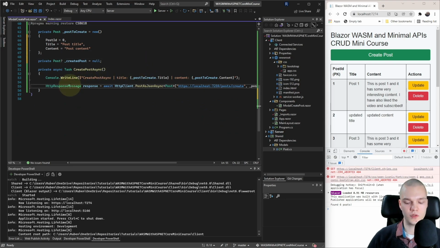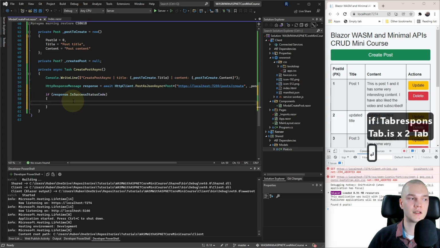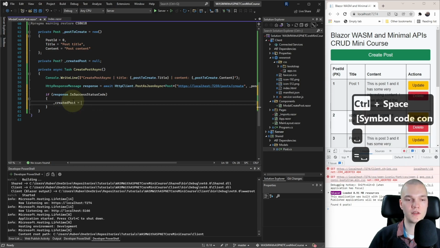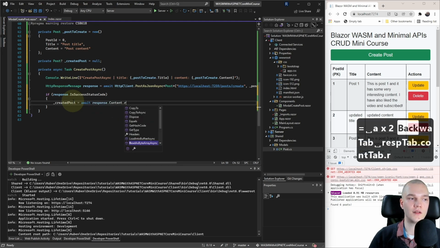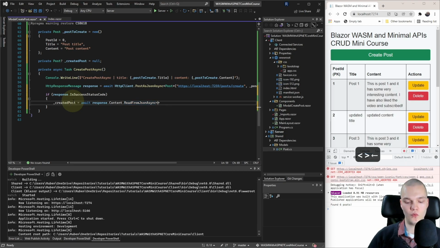Then below response I'll add if response.IsSuccessStatusCode, I want to set the _createdPost to await response.Content.ReadFromJsonAsync, and I want to read out a Post model. So pass that in as the generic and parentheses, semicolon.